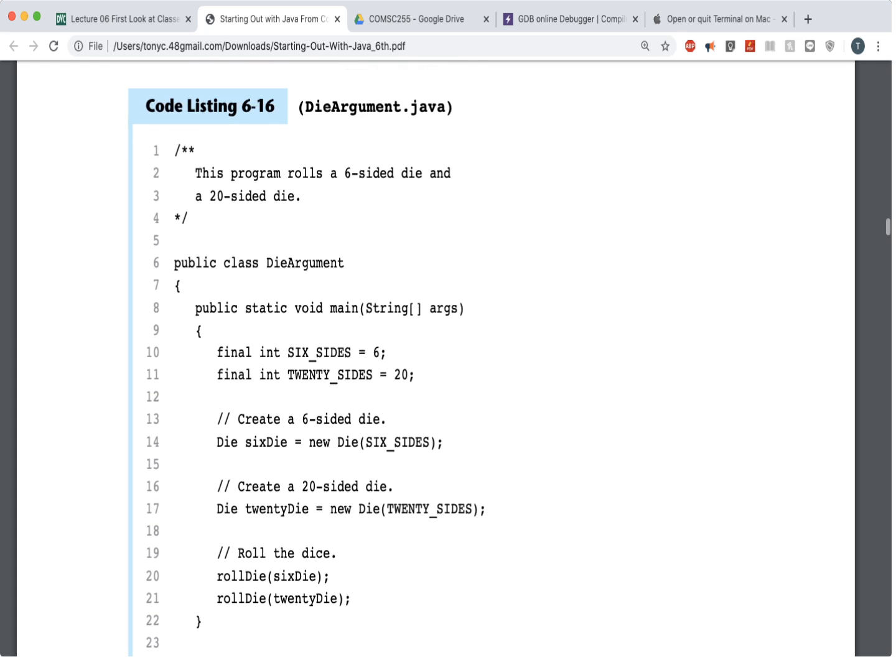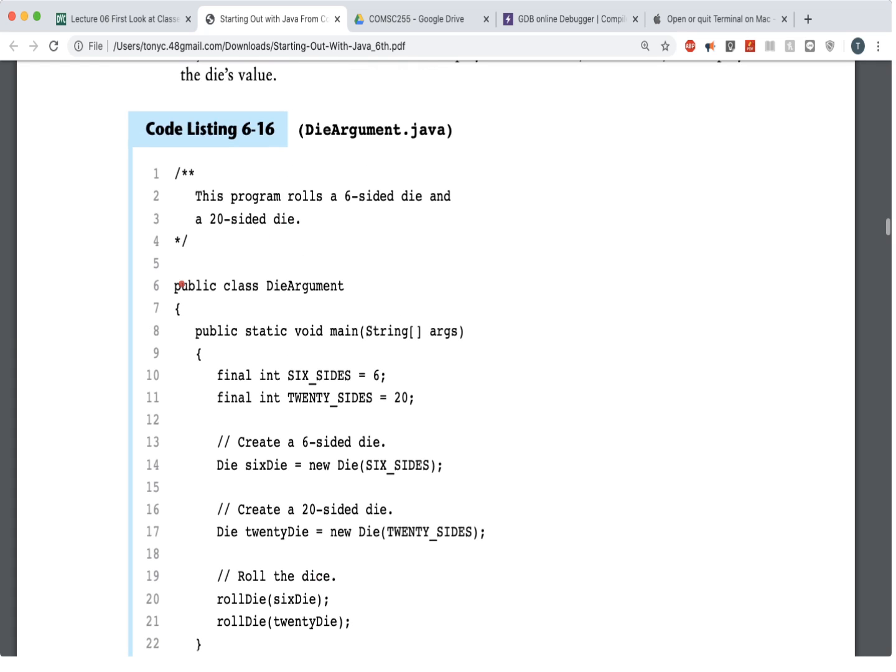And so what it means is we are creating this one here, and this whole thing is die argument, and die argument contains a die of 6 faces and a die of 20 faces. All right, and the arguments are passed to here. Okay,